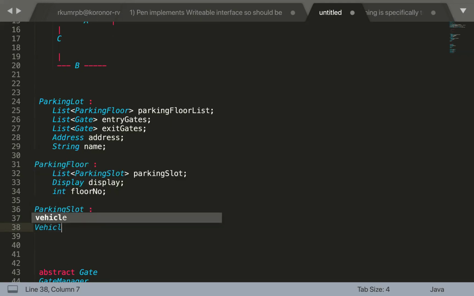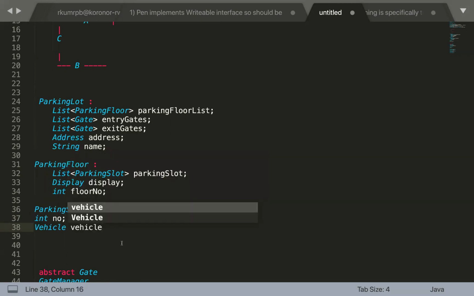Yeah, so probably the vehicle. The parking slot has a vehicle, but more of it is an aggregation relation. The parking slot has a vehicle, but the vehicle can live independently without the parking slot as well. So sometimes this vehicle information can be null, or it can hold vehicle information if the vehicle is available.